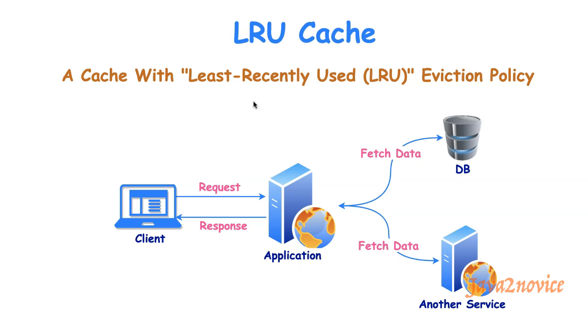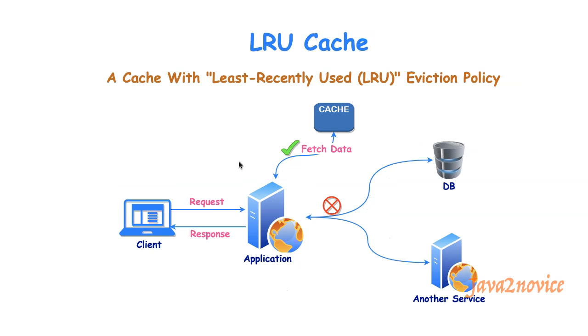Let's understand better. You have a web application which is serving customers. When a customer makes any request, it returns a response by fetching either from the database or by making a call to another service. These response times are higher as you are making calls directly to the persisting layer or calling other services, which introduces latencies. In order to improve the performance, we will introduce a caching layer here. We can access data faster from the cache compared to either the database or another web service.